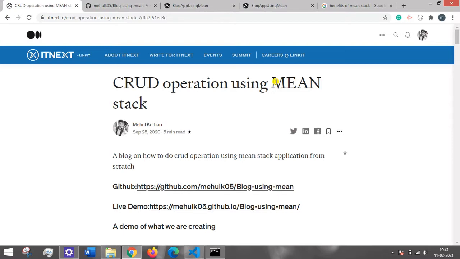Then it is very reliable. Now, what do I mean by reliable? When I talk about reliable, you are writing the code in JavaScript for both client and server at the same time. By JavaScript I mean Angular and Node are both frameworks of JavaScript. So you are writing the code for the front end in Angular, and when you write the code for the server, that is in Node.js. But ultimately it is code written in JavaScript.